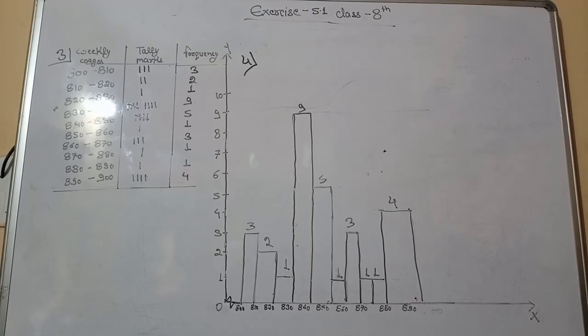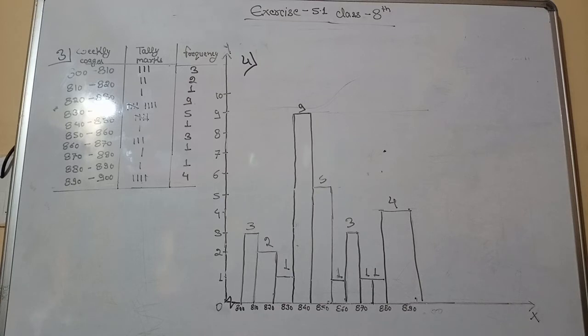Now question 3 and question 4 are related to each other. Weekly wages of 30 workers are given, like 830, 835, 890. Means we can classify the given wages into class intervals. The class interval which should be taken, as given in the question, is 800 to 810,